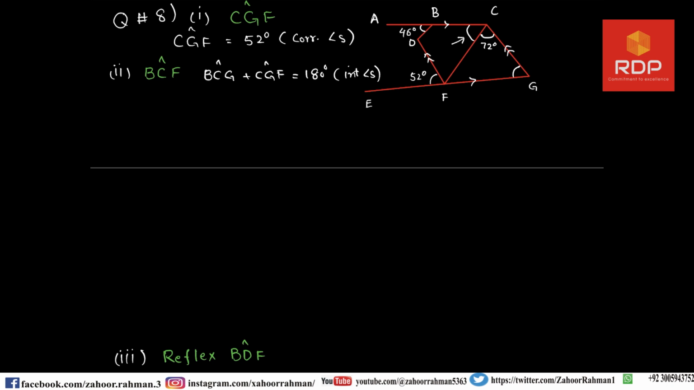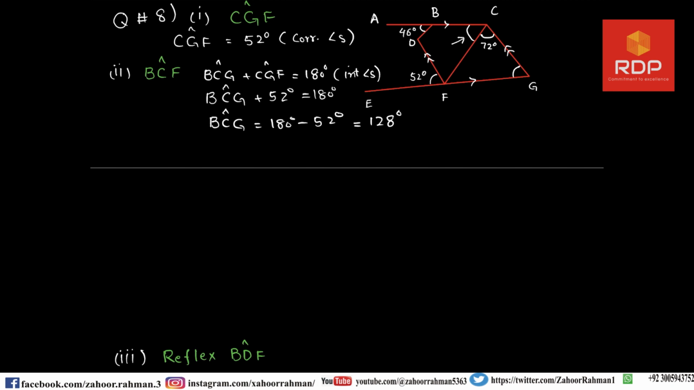Now we found CGF to be 52. BCG plus 52 degrees is equal to 180 degrees, and we have to shift this 52 degrees to the other side, and we will get the answer of BCG is equal to 128 degrees. Now this is not the answer, but we found it to find the